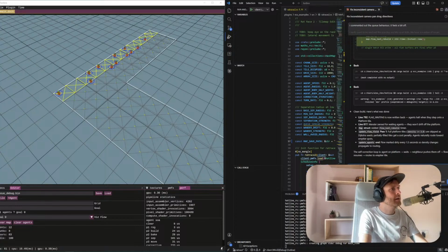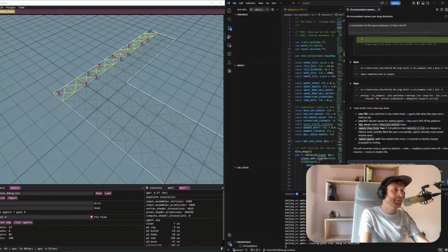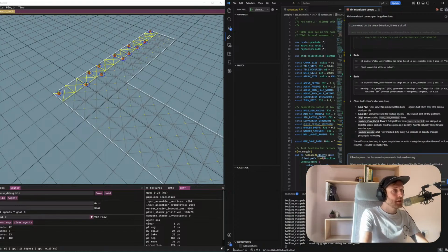So when waiting, so when an agent reaches goal, it's edge of the tile. They should wait inside the tile. It didn't pick this up last time, I said that. They should wait inside the tile. When they are in goal state, they can move out of the goal